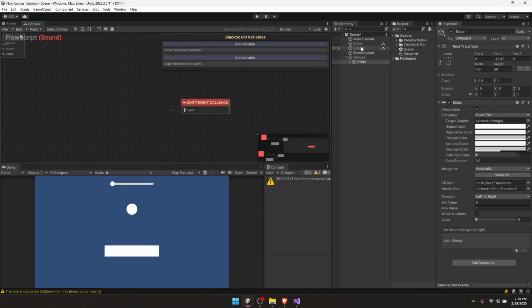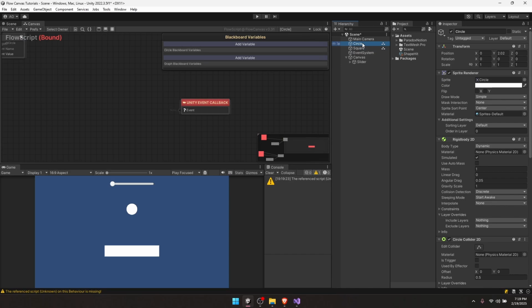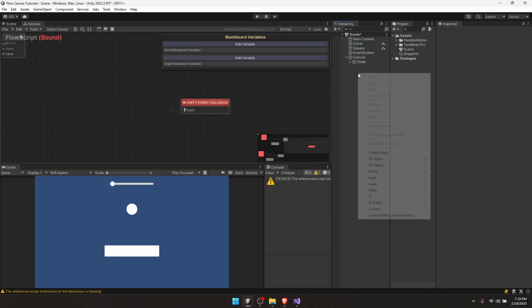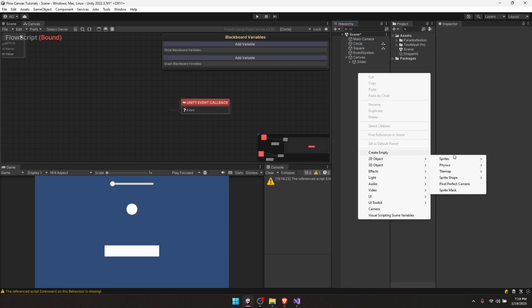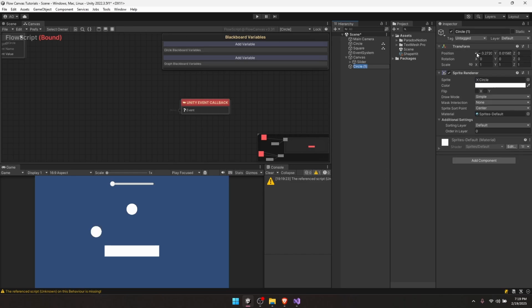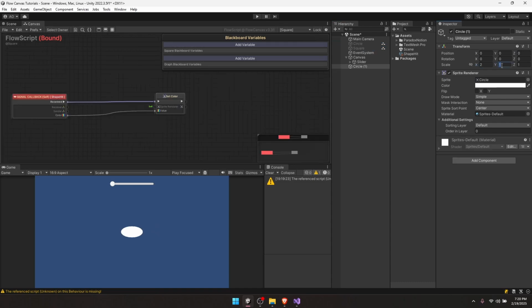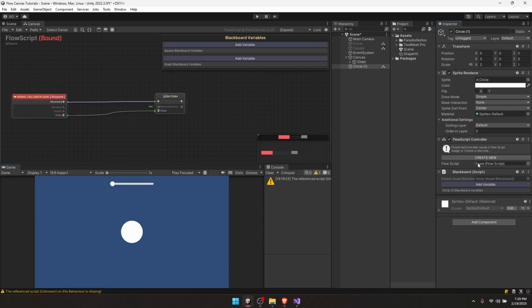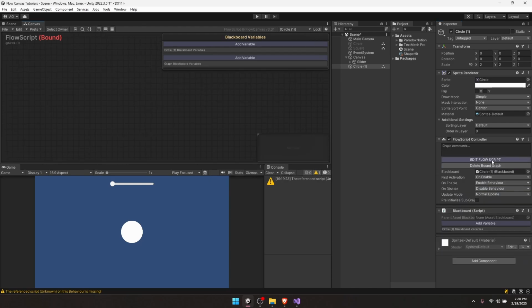So right now I'm inside my circle, but let's make a new one. Let's make a new circle over here. Let's just turn these off for now. All right, and I want to change the color of this circle depending on what that slider value is. So let me just create a FlowScript controller, a new bound graph, and now if I drag that slider in